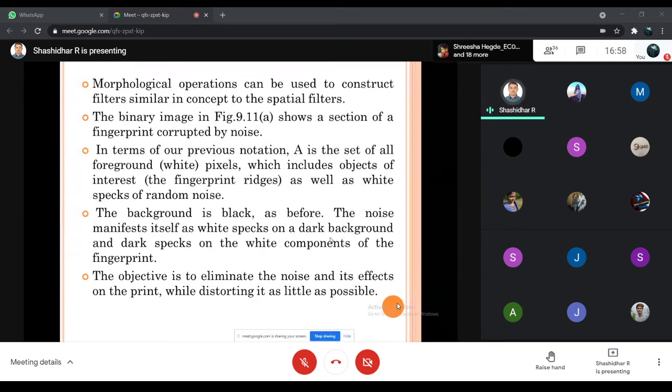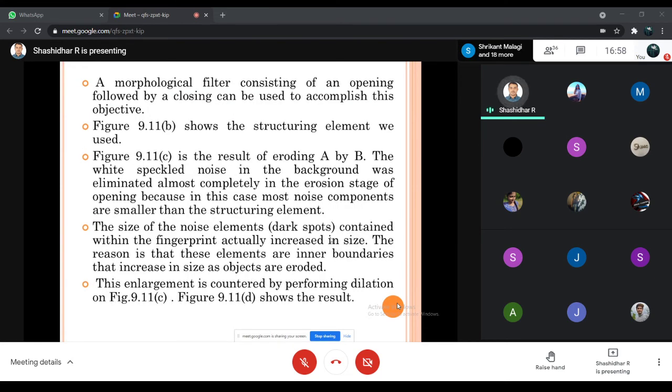The noise manifests itself as white specks on the dark background and dark specks on the white component of the fingerprint. The objective is to eliminate the noise and its effects on the print while distorting it as little as possible. A morphological filter consisting of an opening followed by a closing can be used to accomplish this objective.